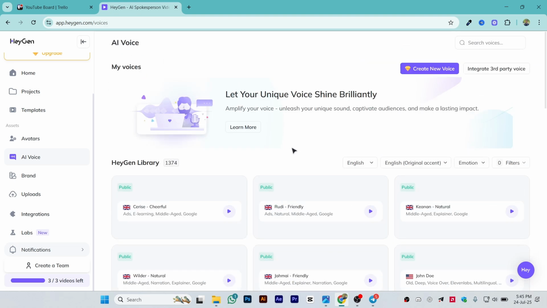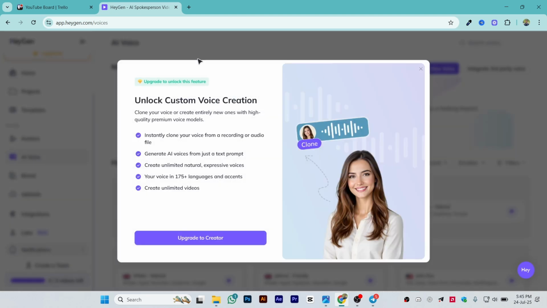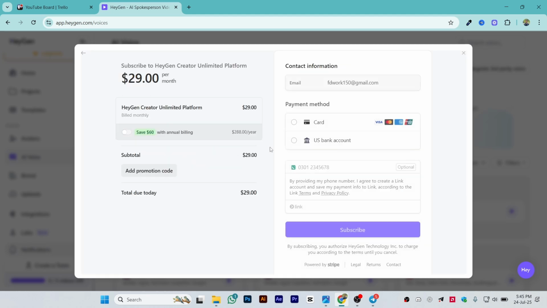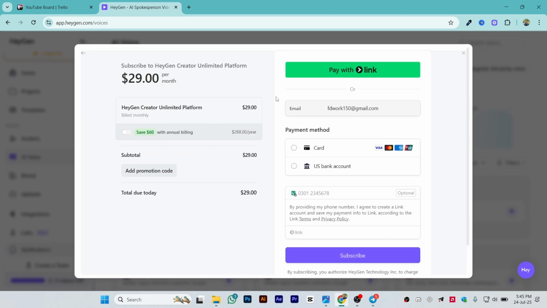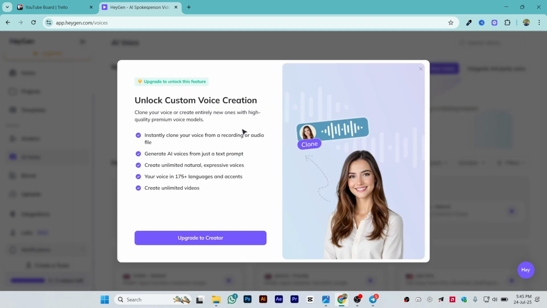Now in any case you want to create your own voice, this is the option inside my voices section, create new voice. Now you must have an upgrade plan of the Heygen. As you can see, like upgrade to creator program, which they have, which is $29 per month. You can just add your bank account, select and upgrade to the plan, and once upgraded